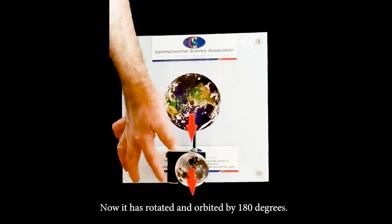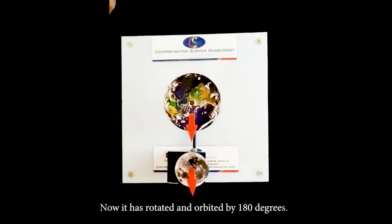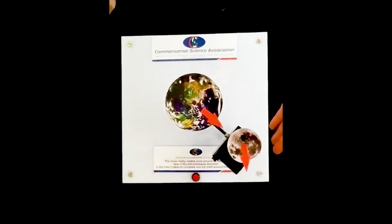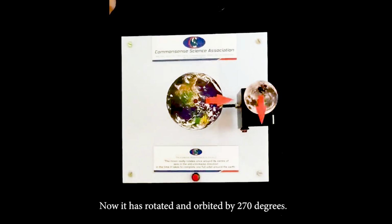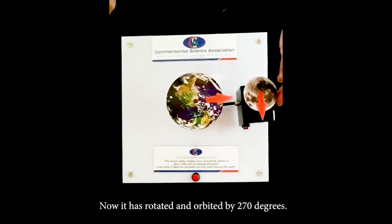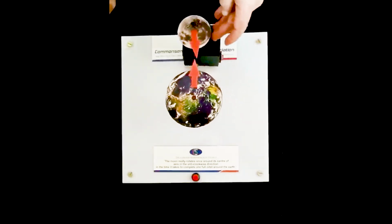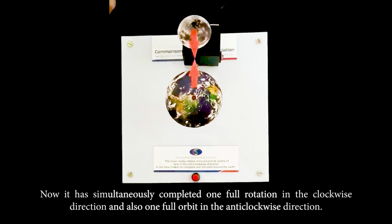Now it has rotated and orbited by 180 degrees. Now it has rotated and orbited by 270 degrees. Now it has simultaneously completed one full rotation in the clockwise direction and also one full orbit in the anti-clockwise